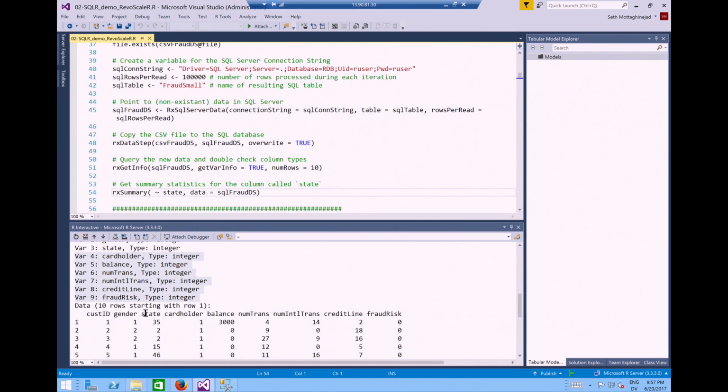So there is a column called state. Right? We expect this to be labels for the states, but we can see that in the data, it was stored as these integers.